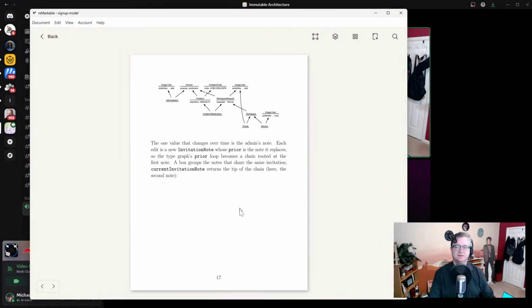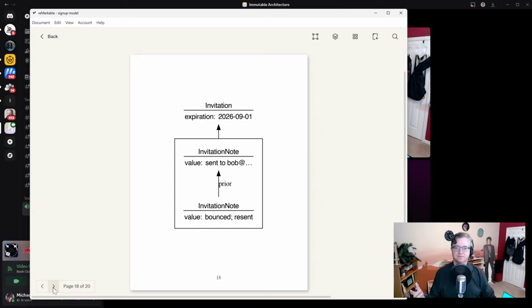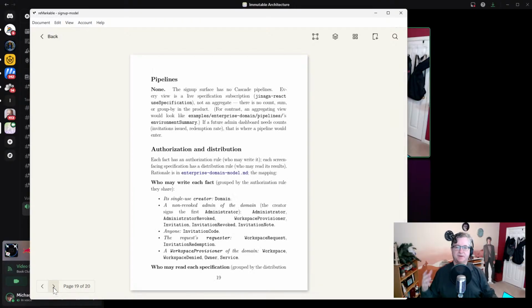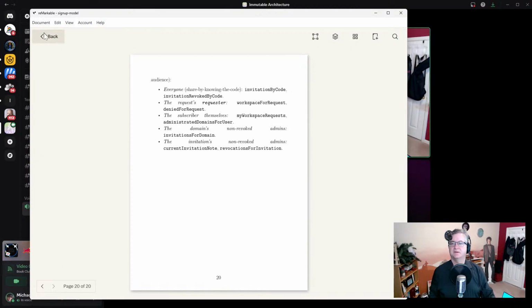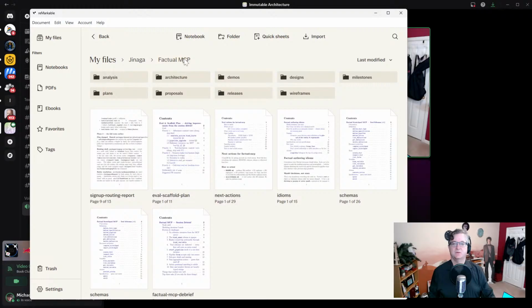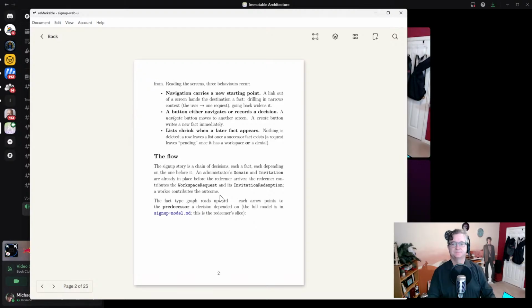Okay, so that is how we have specified in Jinaga, in a declarative language, the shape of the model, the specifications, and the actions that the user can perform, and it is verifiable. You can check all of those relationships, and then when comparing that with the wireframe,